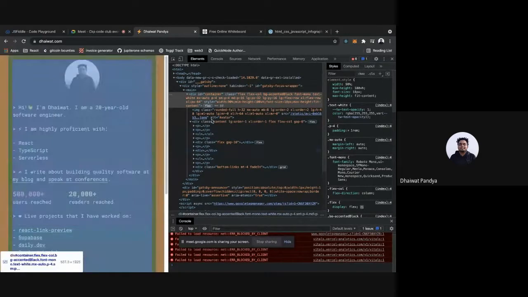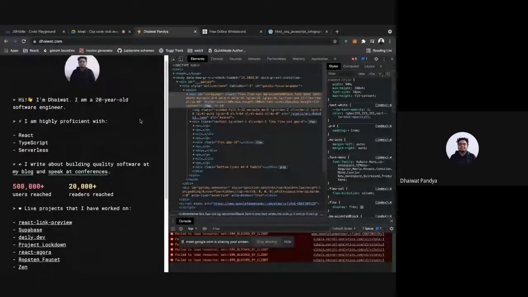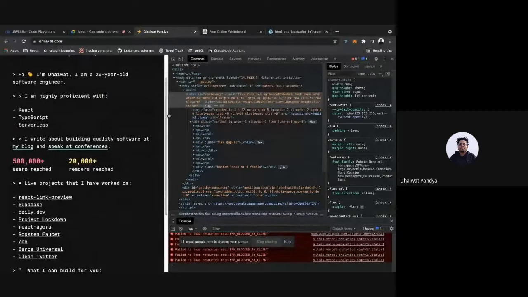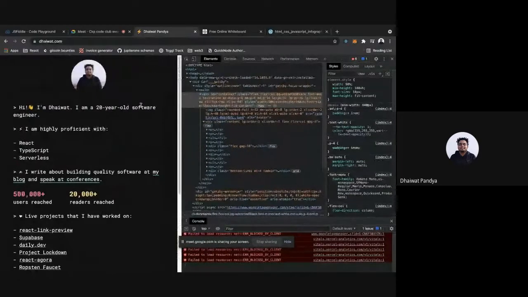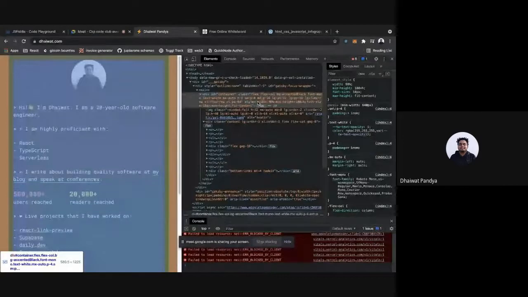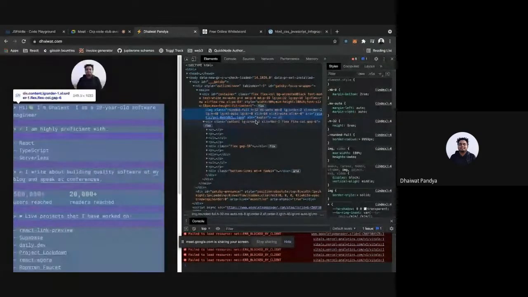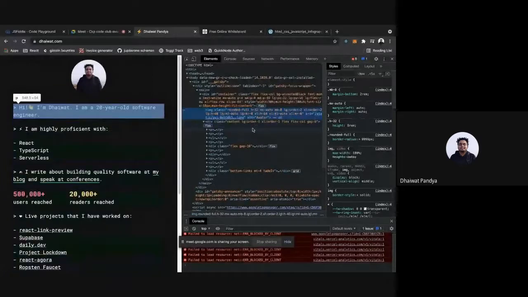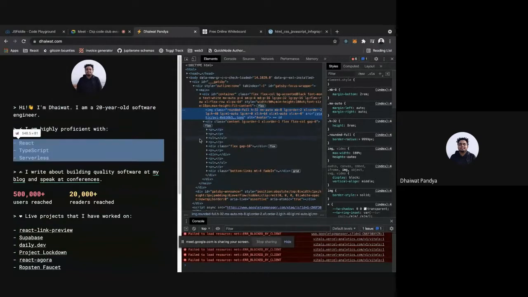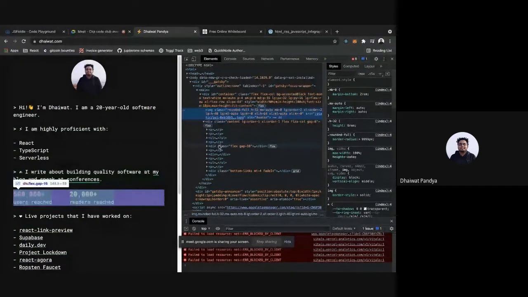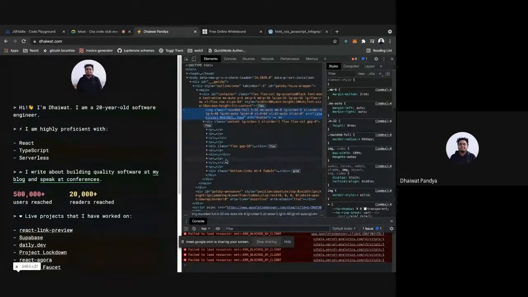So all of this is basically the HTML that the browser is showing to you. This is just the outline of the website. If you hover over all of these things, you'll see that each of these weird looking tags is one individual element on the page. So this is the HTML of the site.